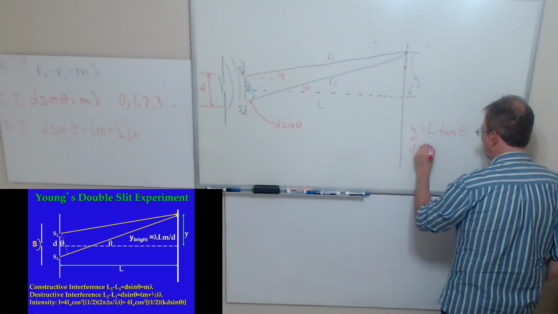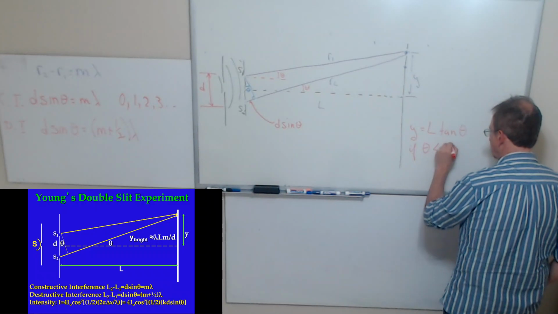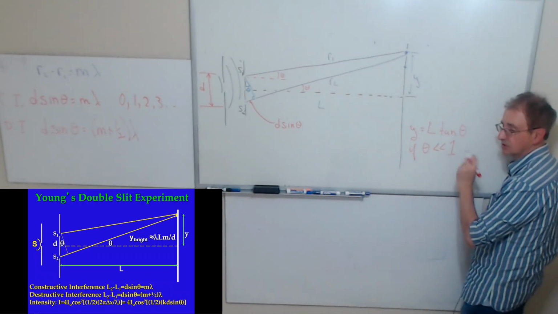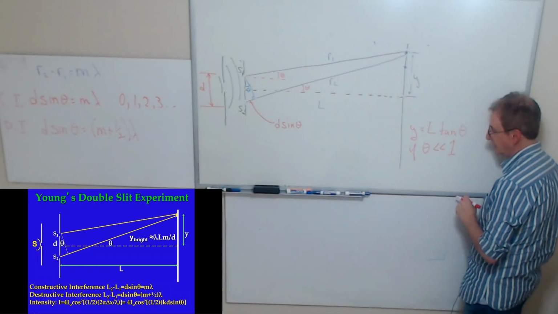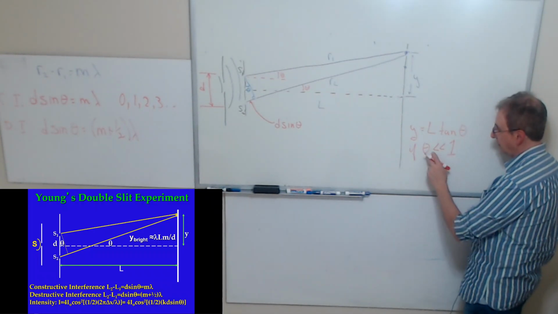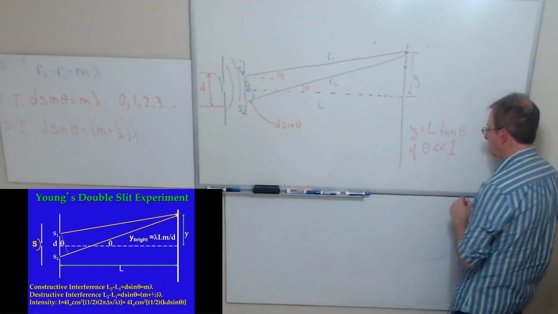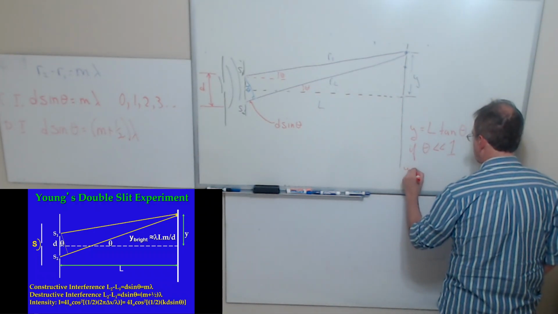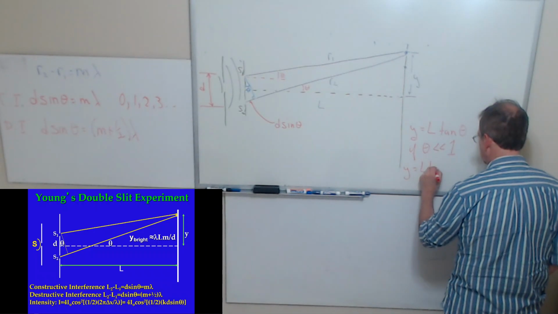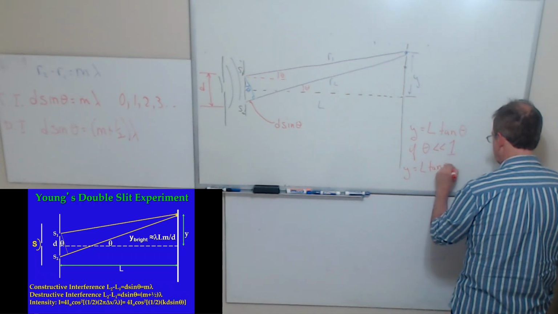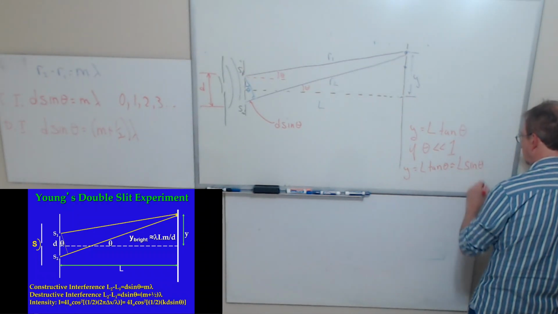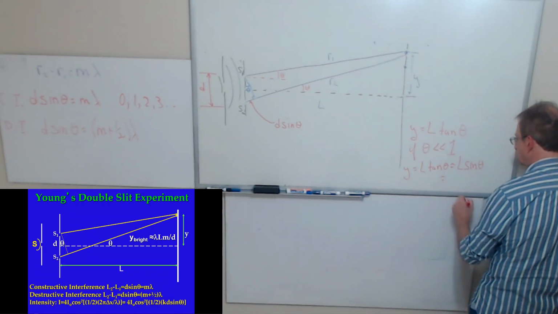If theta is much, much less than 1, and you've got to be careful with this because this approximation does not always work with interference, then y is equal to L tangent of theta, which is approximately equal to L sine of theta,